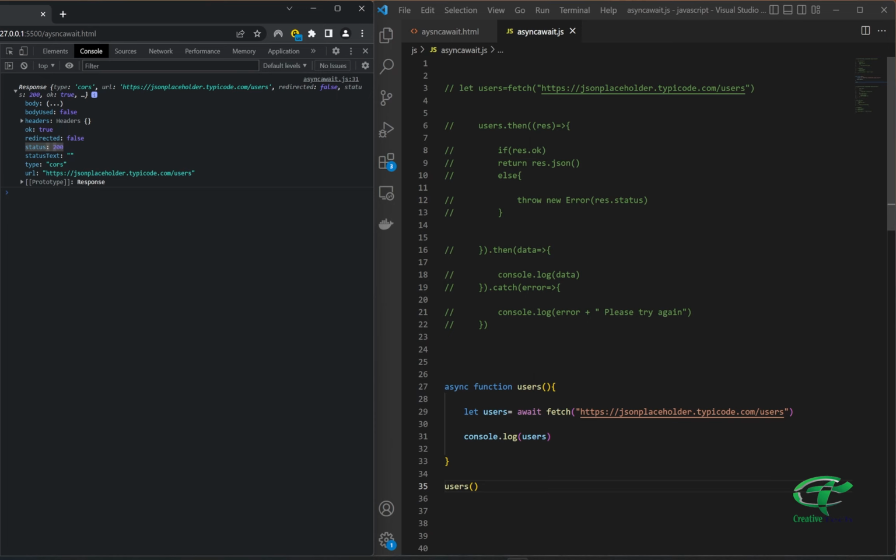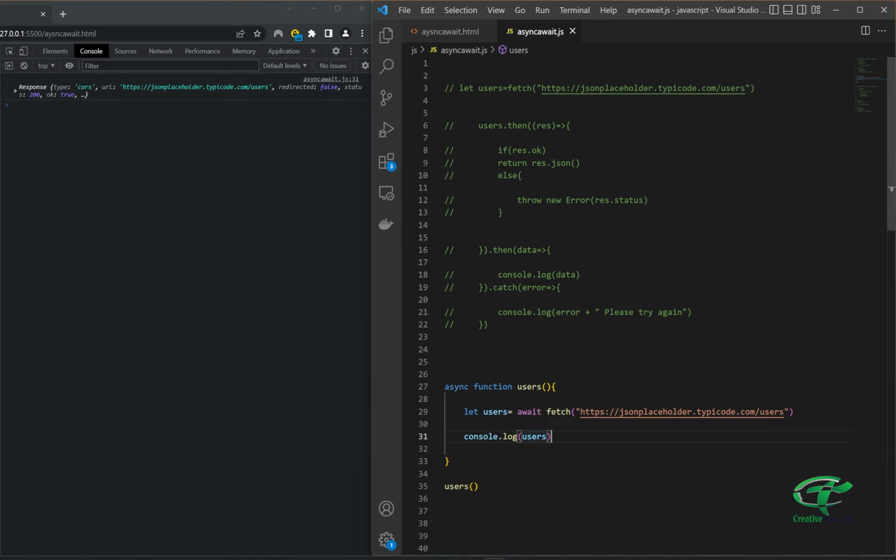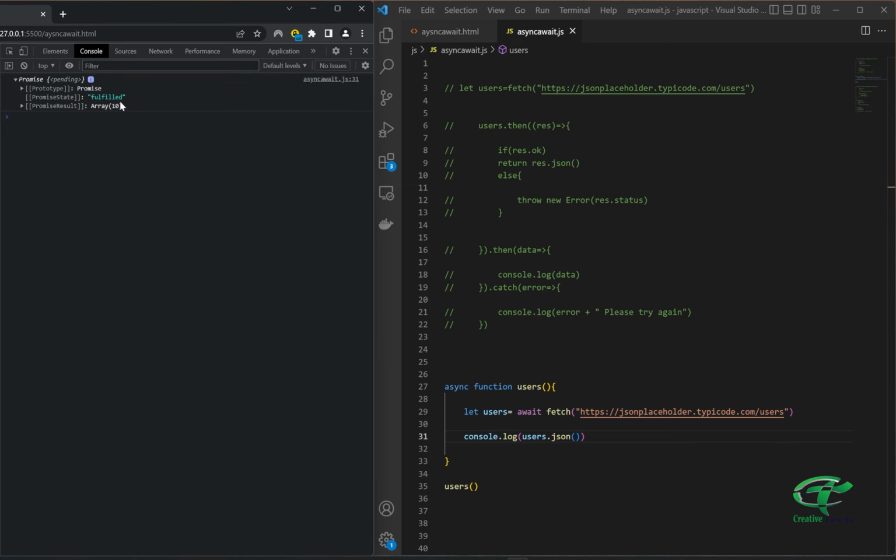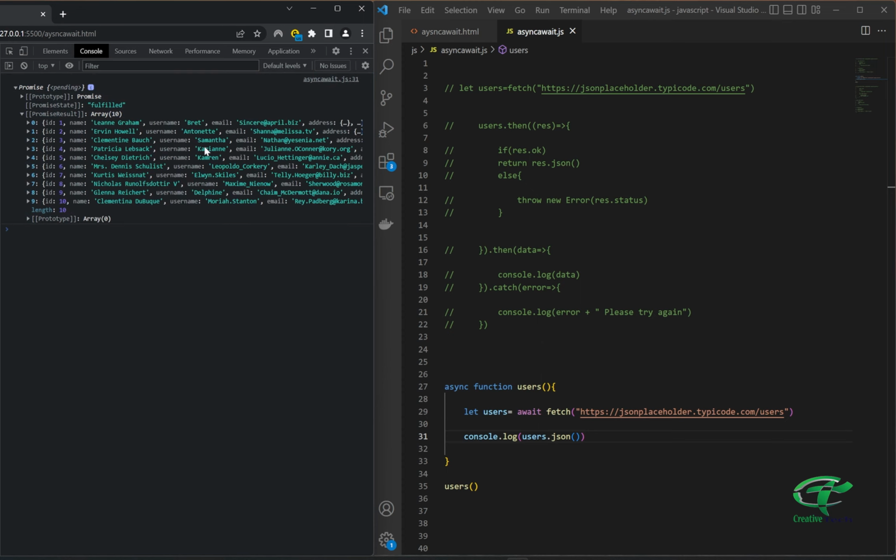We have used here the then, and after that we have used the JSON. So now if we write here .json, still what we get here is the promise, and then the promise is fulfilled, and then we have the data. So the data is here. So what can we do is